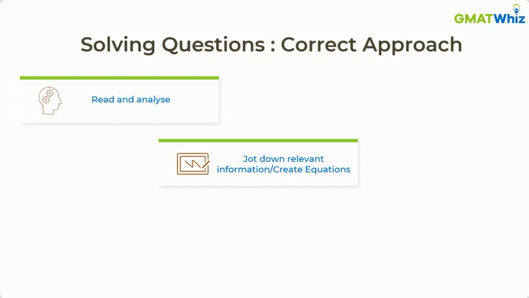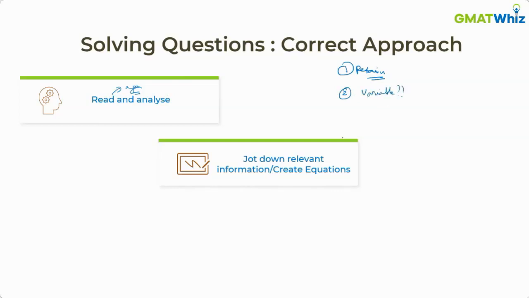If we read the whole question in one go and then try to solve it, it's very difficult to retain all the information. So you might have to go back to the question again and again, and that is where you'll waste a lot of time. And while rereading, you might also not realize what kind of variables you need to take and why.